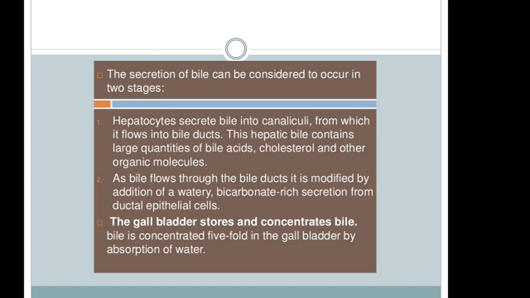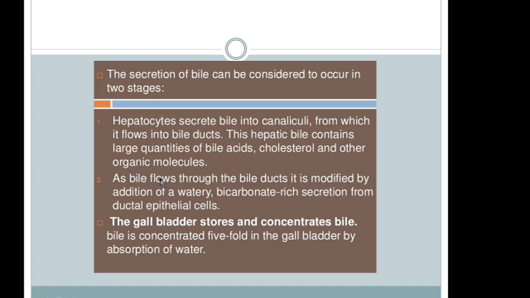Now coming to the secretion of the bile. The secretion of bile can be considered to occur in two stages. Hepatocytes secrete the bile into canaliculi. Okay, so bile is produced in the hepatocytes, from which it flows in the bile ducts. And hepatic bile contains large quantities of bile acid, cholesterol and other organic molecules. Okay, hepatic bile means bile which is produced in the liver, consisting of bile acid, cholesterol and other organic molecules, but